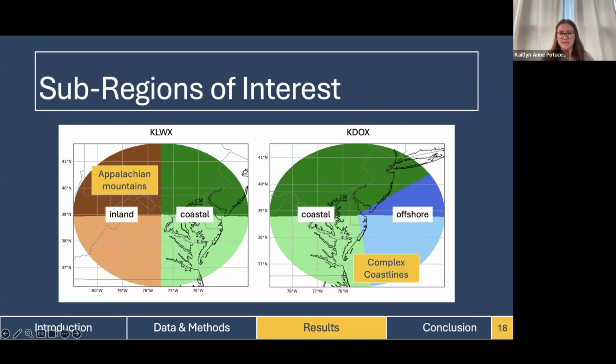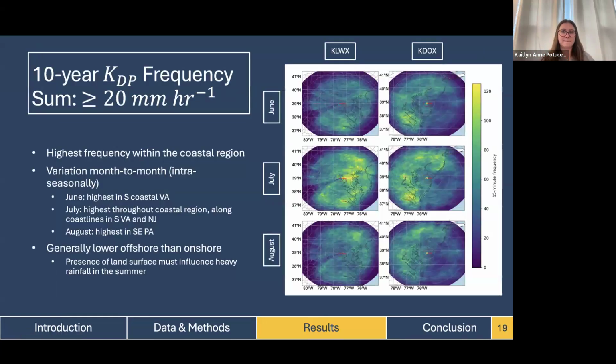Current studies, or prior studies, are kind of just limited to this near coastal region within the Chesapeake Bay, and expanding it can give us a better picture of what's going on. So we can start off with a very basic frequency analysis of KDP that is equivalent to rainfall rates of 20 millimeters an hour or higher to get a sense of where the heaviest rainfall does fall in the summer